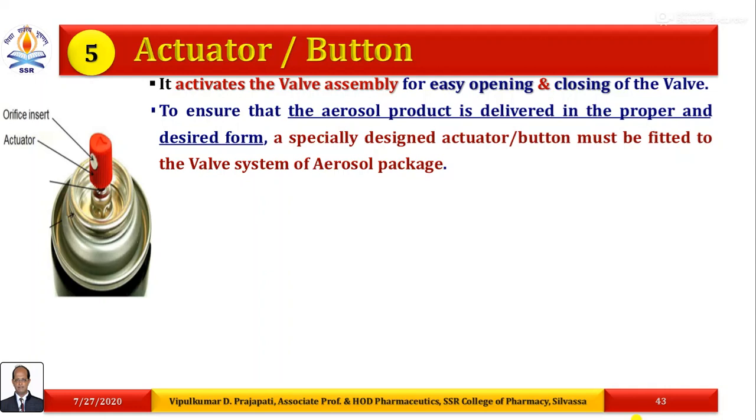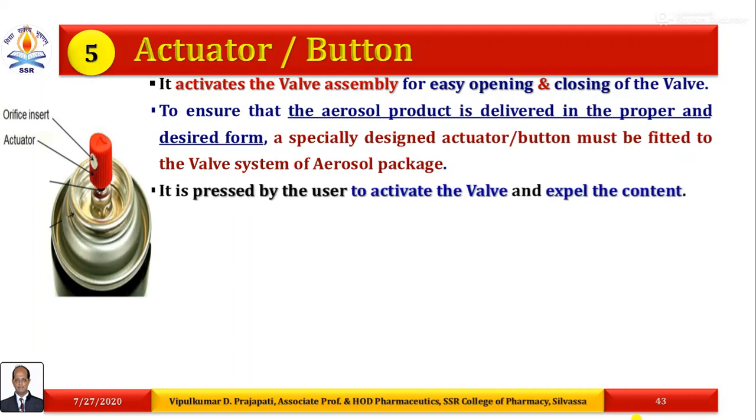A specially designed actuator or button must be fitted to the valve system of the aerosol package. It is pressed by the user to activate the valve and expel the content.